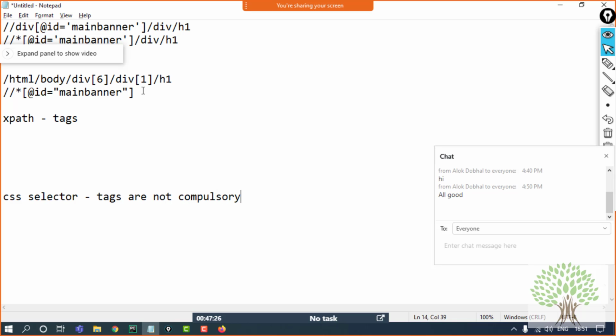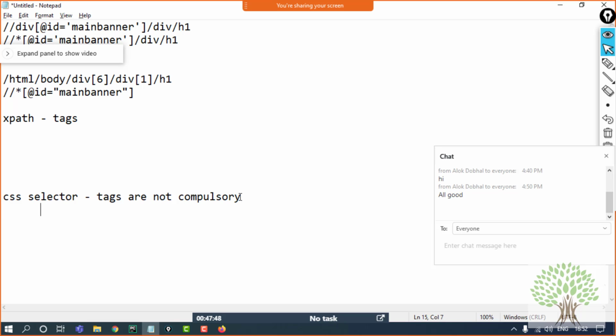This is also a way of finding the element on the web page. A unique address is returned, but it's quite easy to make and it has a number of benefits as well. You'll see why I'm saying so in just some time. Fine, first of all this. Then